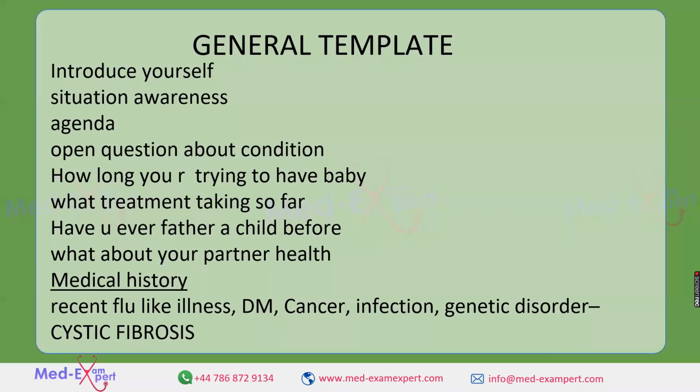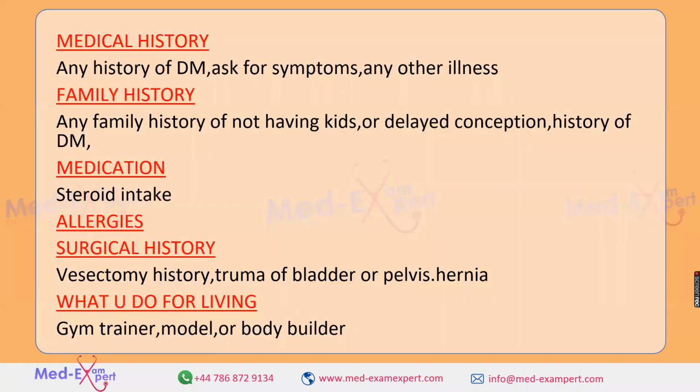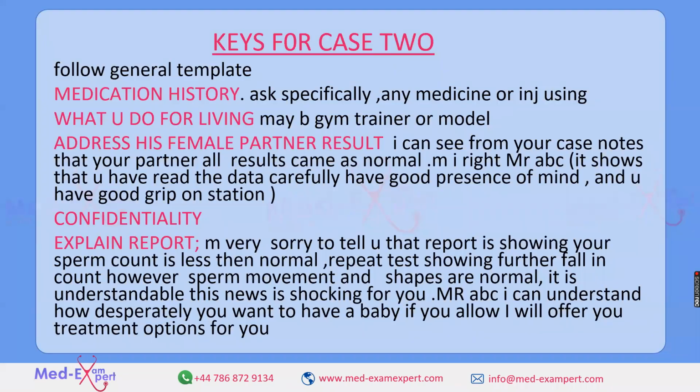So I will now discuss the keys for case 2. We will follow the general template, already explained before. Medication history: you have to ask specifically about any medicine or injection, just like Dr. Hashim very nicely asked. First you ask an open question, any other medical illness you have. Then specifically you can ask if you are suspecting from the data. Then what you do for a living is very important. You must not